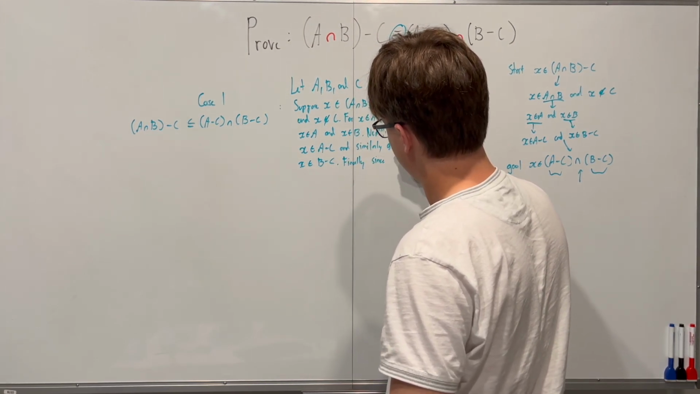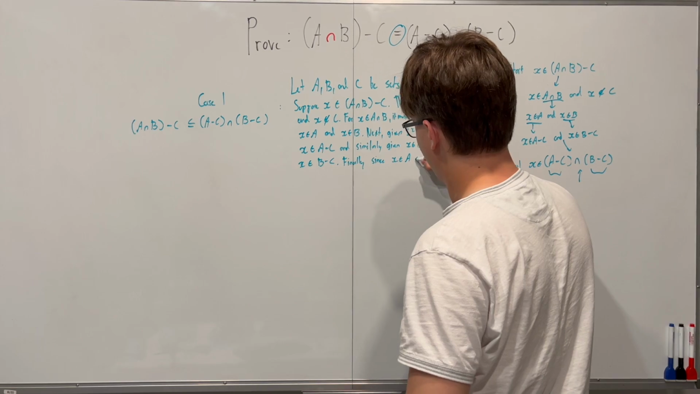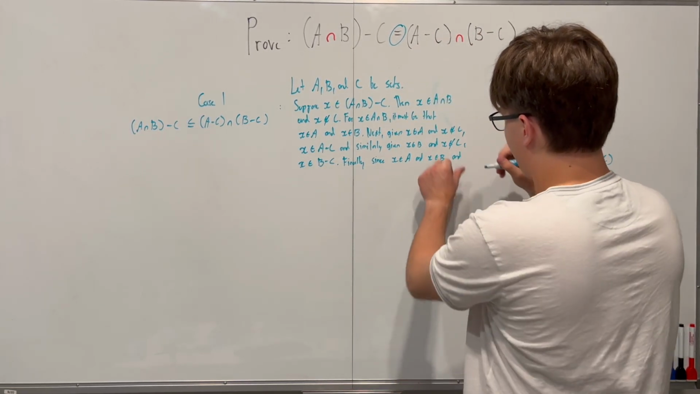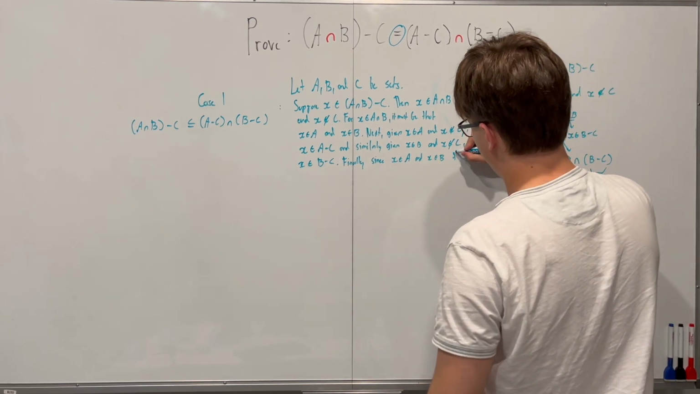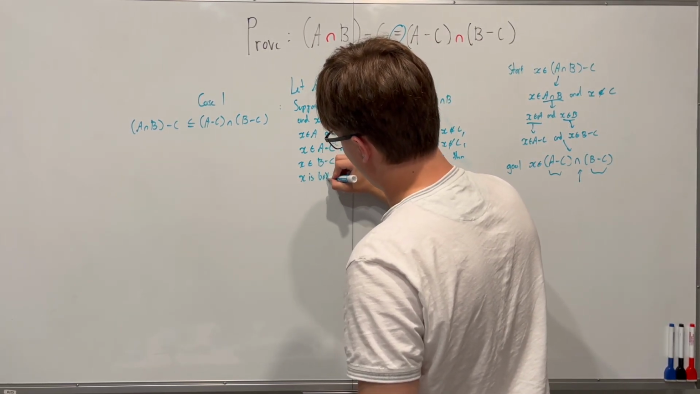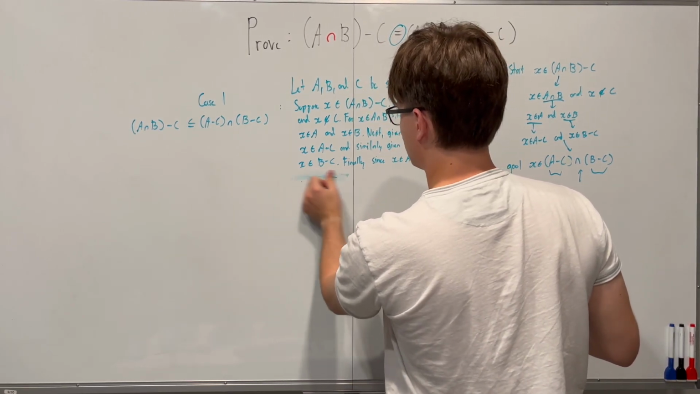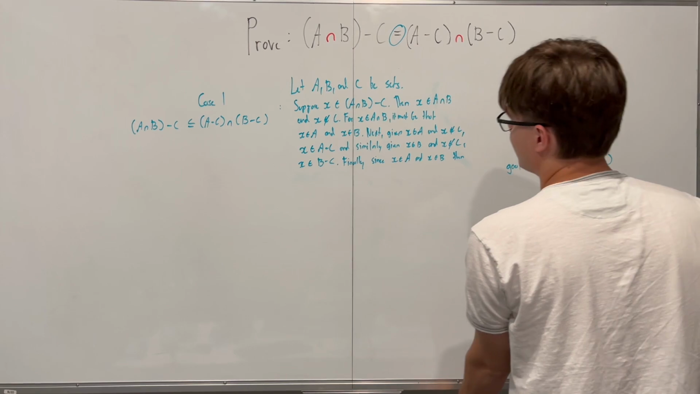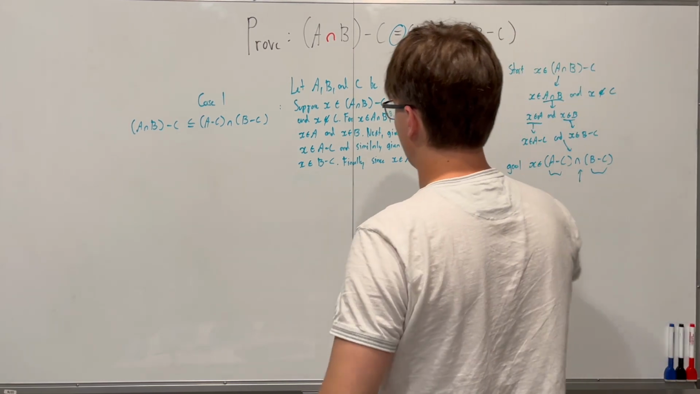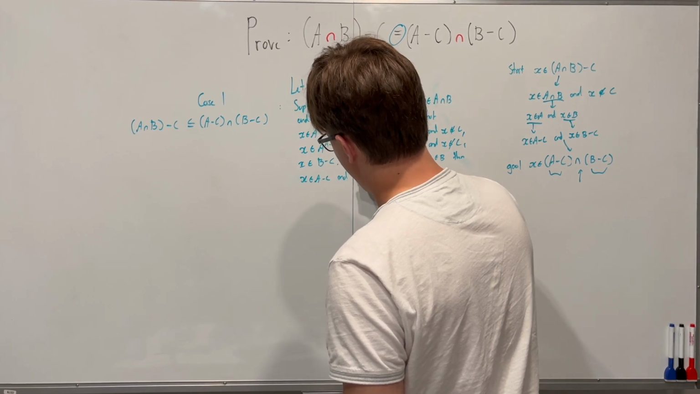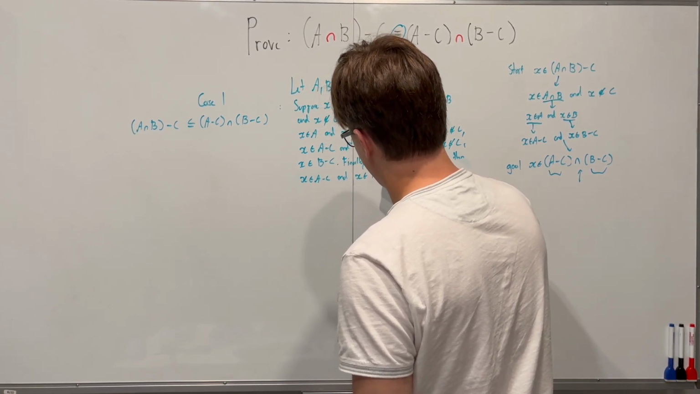Finally, since x is an element of A and x is an element of B, then, actually no, we'll just say that a little differently. Sorry, the blue keeps rubbing out on the whiteboard. We say then x is an element of A minus C and x is an element of B minus C